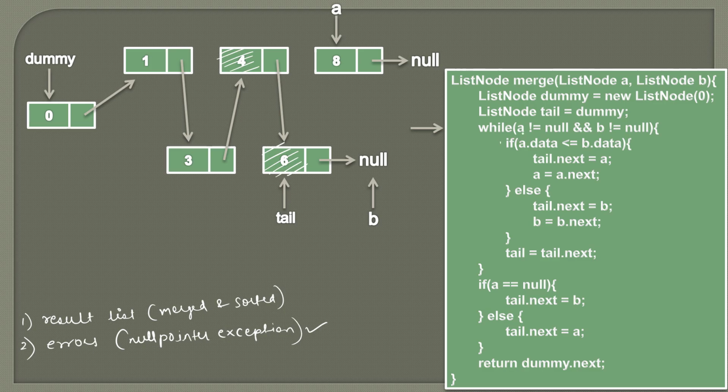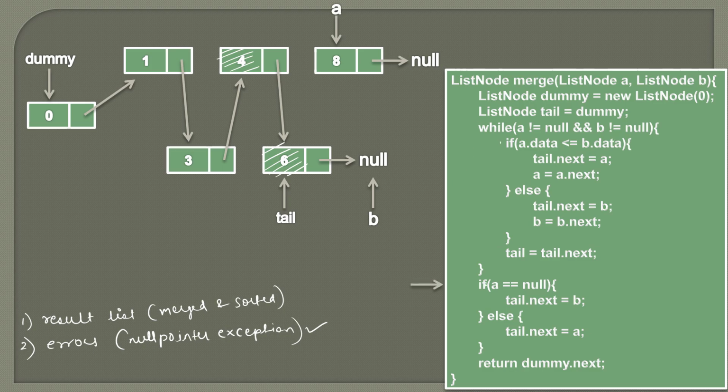So friends, here you can see that when we are traversing this while loop, there will be a moment when one of the lists will become empty. Both the lists cannot become empty because as we are adding one node from each of the lists, there will be a point when one of the lists will become empty. So it could be B or A, any list can become empty. So if any of the lists becomes empty, we break from this while loop like this.